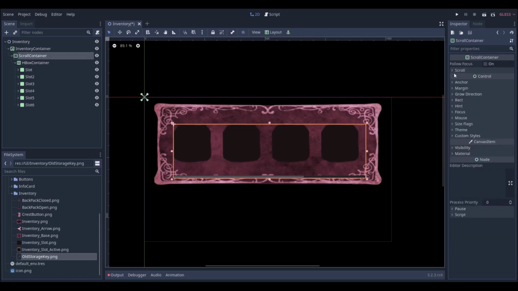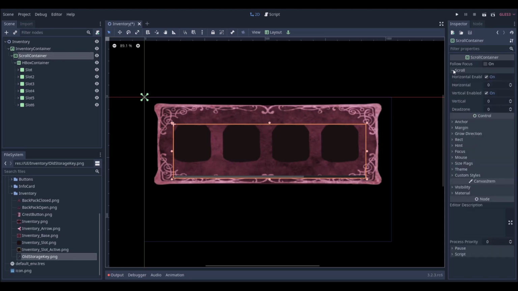actually, if you go to the scroll here in my scroll container and play with this value here, you can see that I'm scrolling through all of my slots. So if I just change this value here, I can navigate through my inventory however I want. So in order to do that,